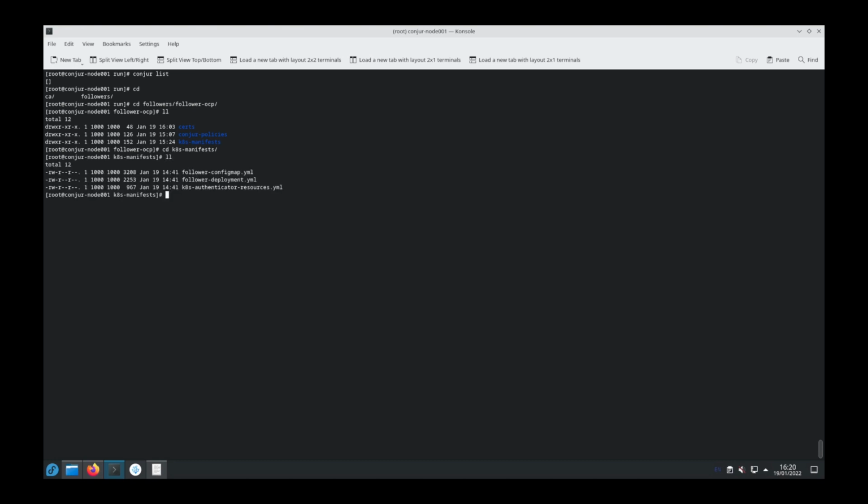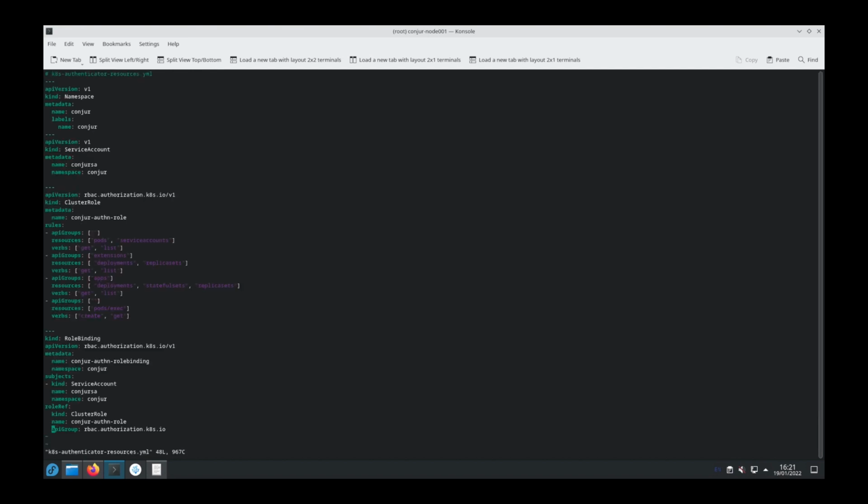So one of those things is the resources. So the Kubernetes resources I'm going to need to create on the OpenShift side. And this is basically just including the namespace and the service account I'm going to be using there. Thereafter, I'm going to